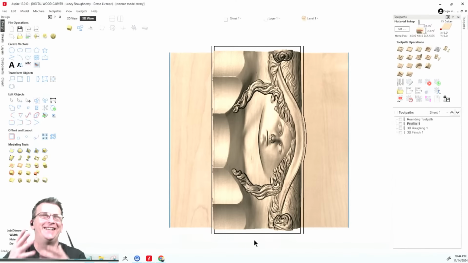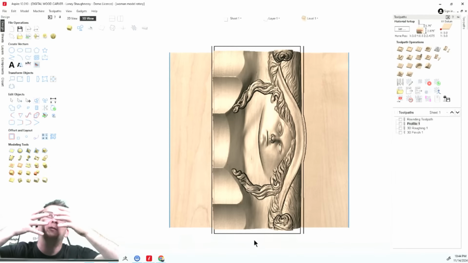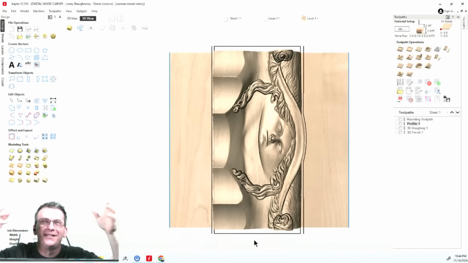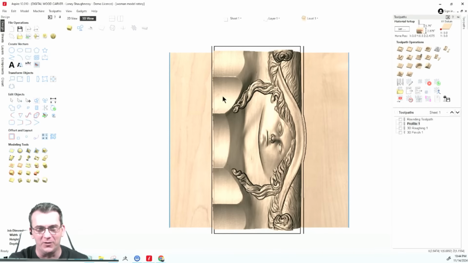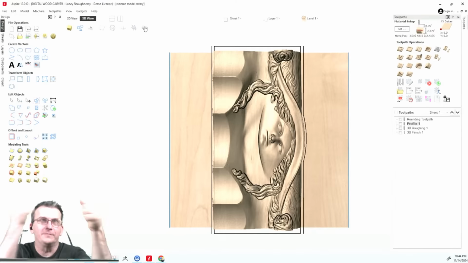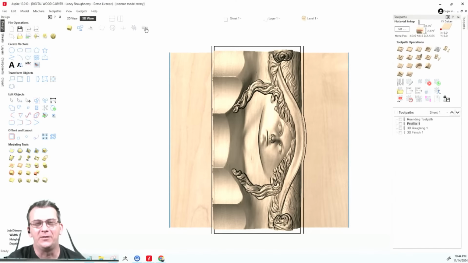When it's unwrapped, you've got to think of it as unwrapping the model, and it kind of stretches everything out. So the four corners of the pedestal are here. And then when you wrap it up into its rotary and everything,